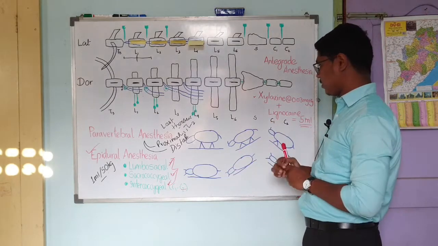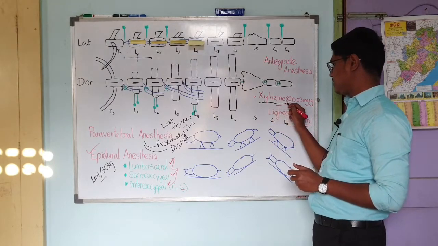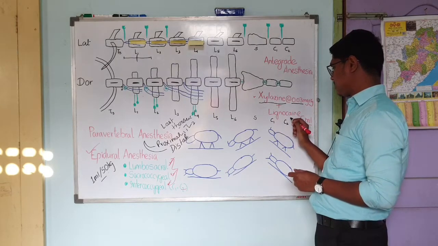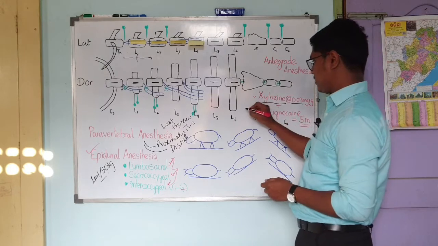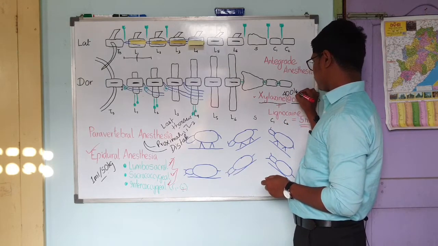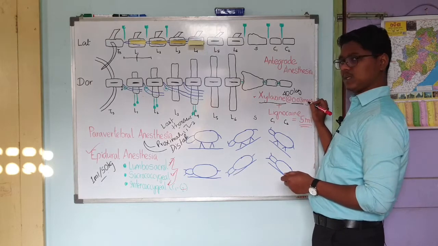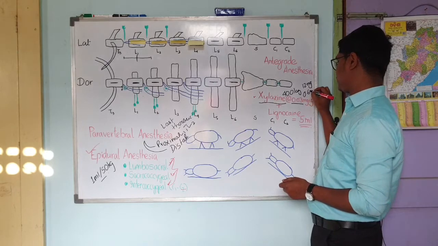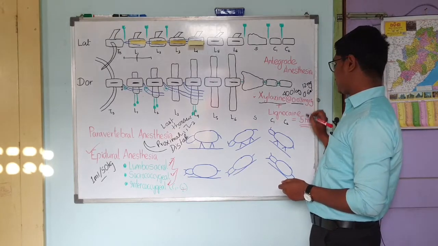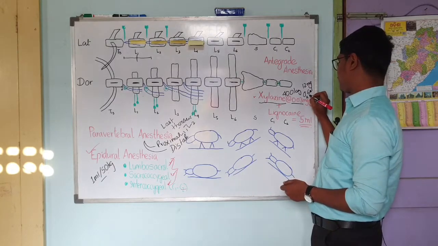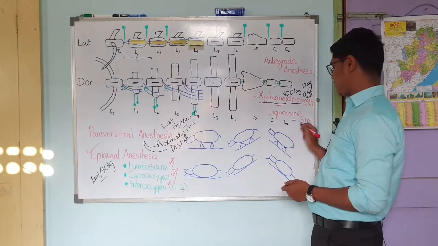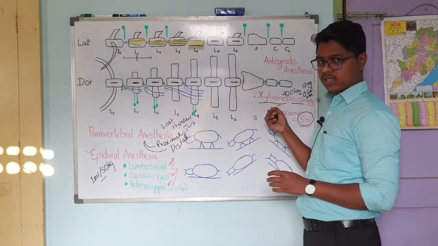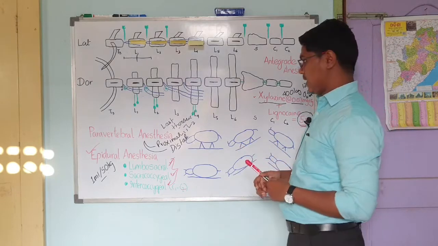For this, there is a technique. For xylazine, you calculate a dose rate of 0.03 mg per kg body weight, and then mix with lignocaine to make a volume of 5 ml. For example, if it is a 400 kg cow, 0.03 mg per kg will come to 12 mg. 12 mg means I have to give 0.6 ml xylazine. I have to make 5 ml, so I will add 4.4 ml lignocaine, and the total volume becomes 5 ml. I will give this epidurally. This is if you want a prolonged anesthesia.